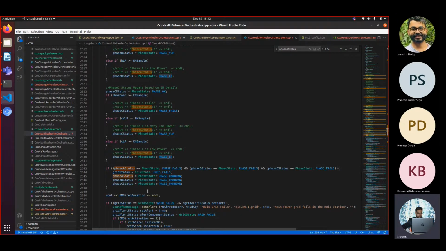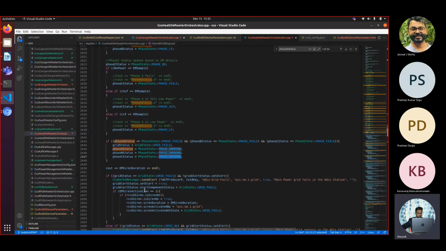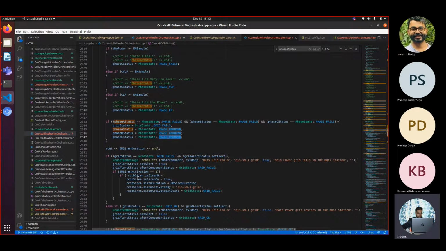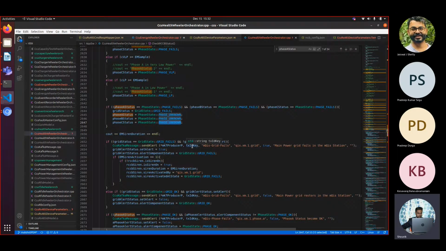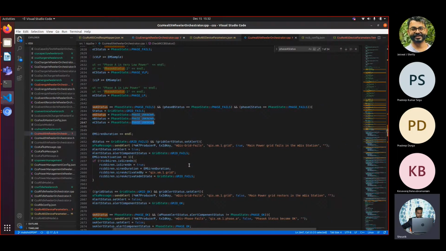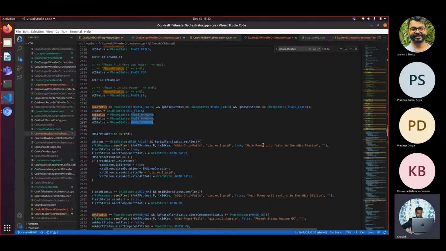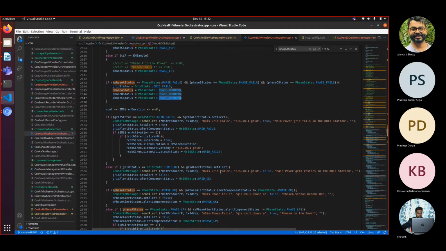So if we determine that all three phases failed at the same time, we determine the grid status as failed and make the phase status unknown. These are enums. After that we generate an alert here that main power grid fails in the MQIS station.